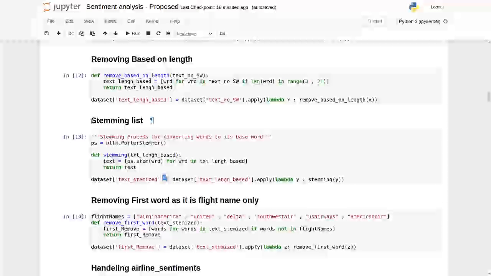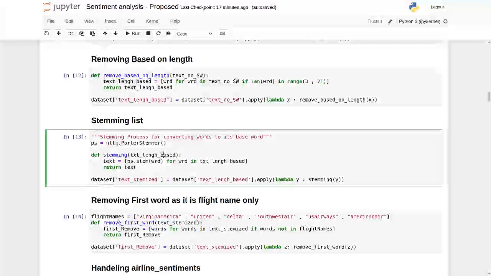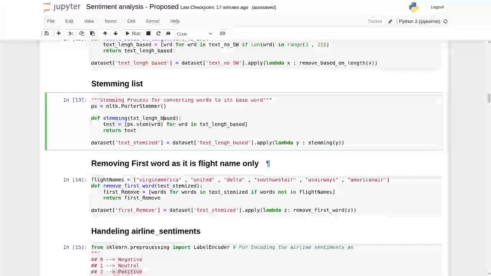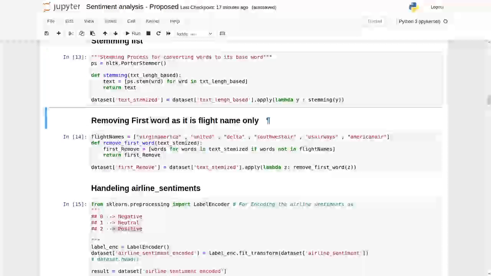After removing the words on the basis of length, I have stemmed the list. Stemming is the process of converting a word into its base word. After converting, I have removed the first word of every text as it is the flight name only.